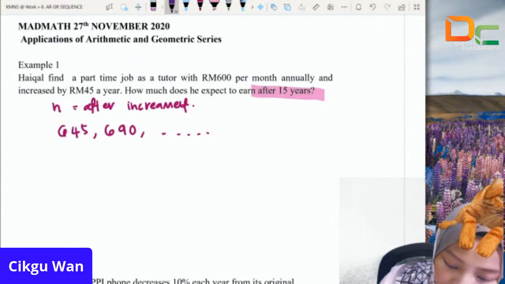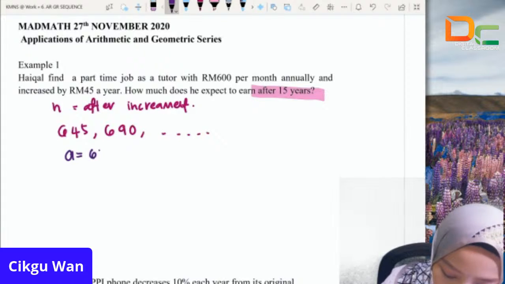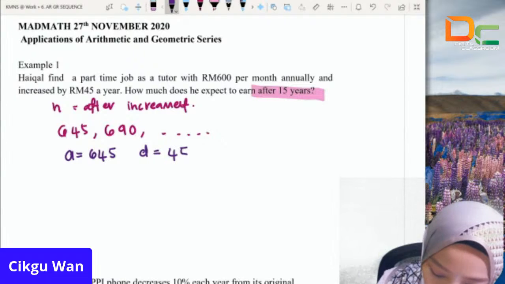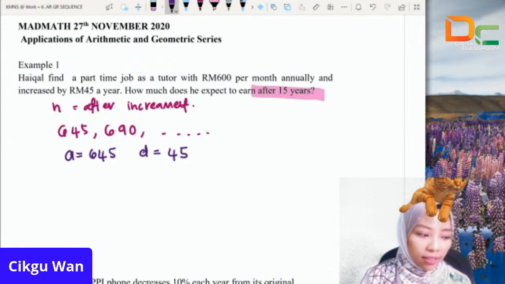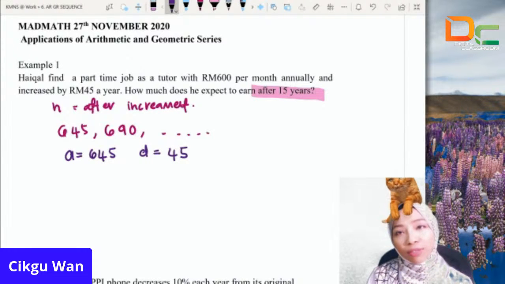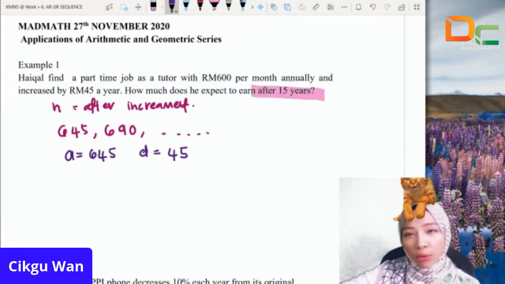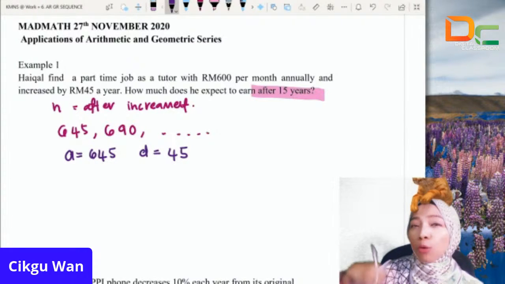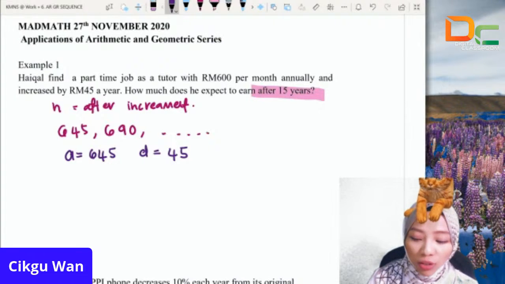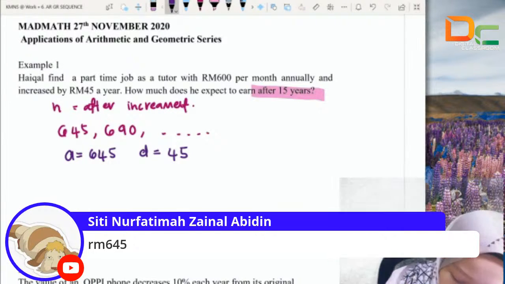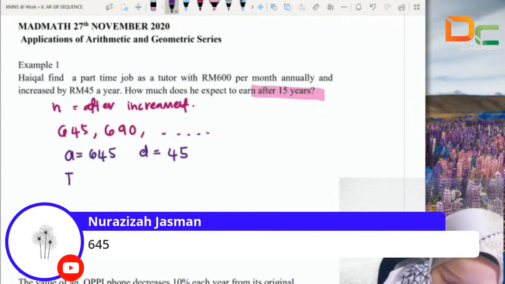Okay, our A is 645 and then our D is 45 positive. So after 15 years, meaning that T15 or S15? Dia nak total gaji dia daripada tahun pertama sampai tahun ke-15 ataupun pada tahun ke-15. So, the question one, after 15 years, so T15. So, T15 equals to,